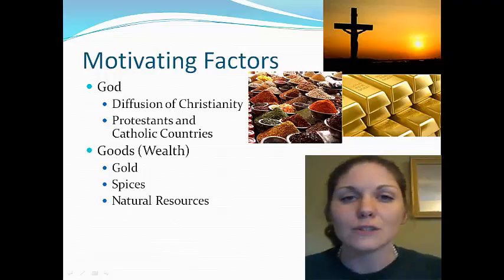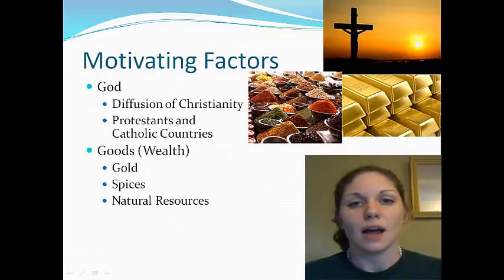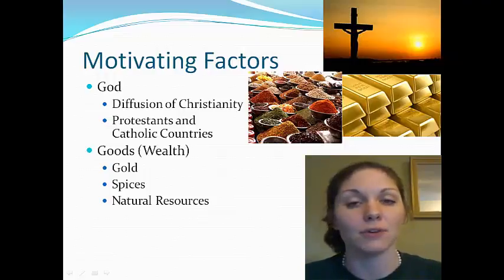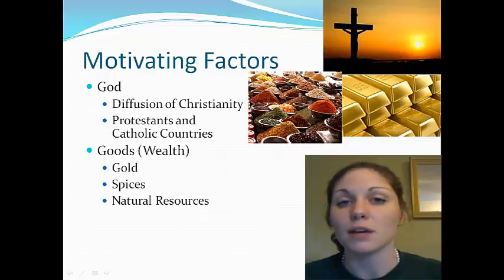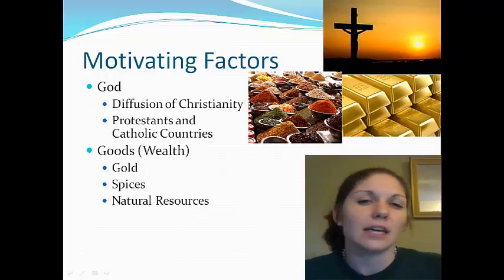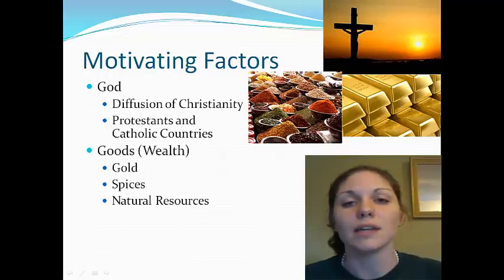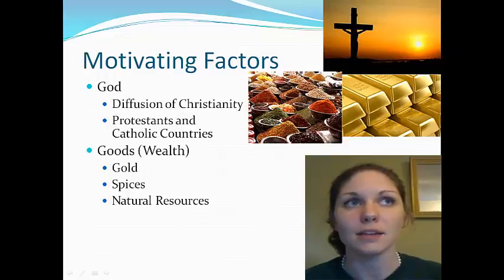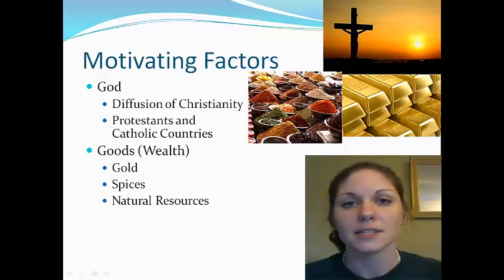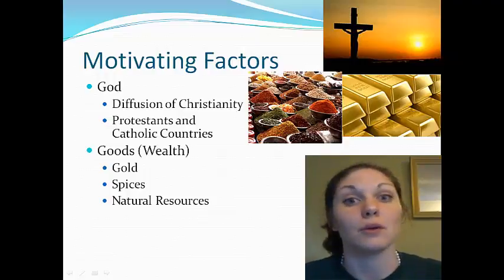Next is natural resources. So natural resources is anything that was going to give them wealth. So anything that is found naturally in a place that could be of use and that could be traded and used for profit essentially falls under natural resources. And this category, this is why I'm calling it goods and not just gold, is because it included anything that was going to make these countries more wealthy. They wanted more wealth with the end of feudalism in Europe and everything, and all that we talked about throughout the Reformation and the Renaissance. Kings and countries were becoming more wealthy, more powerful, and they needed more and more wealth, or they wanted more and more wealth.